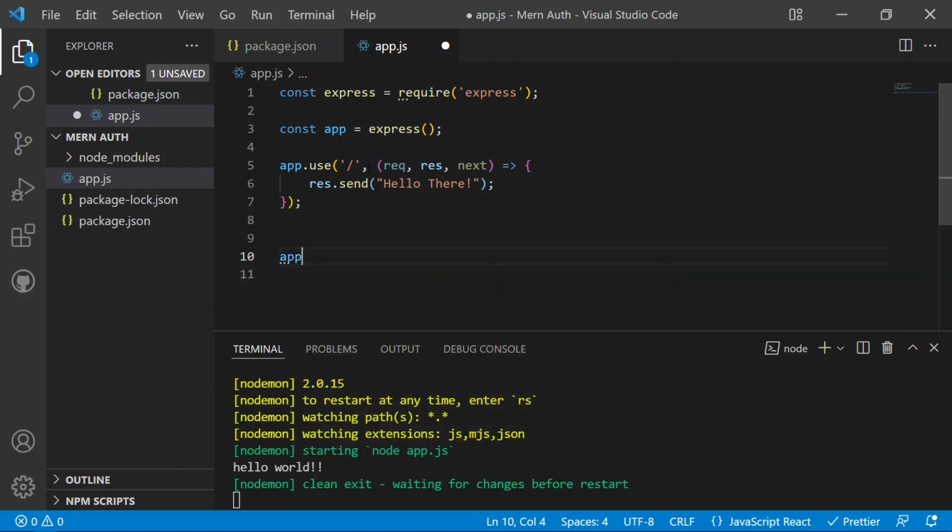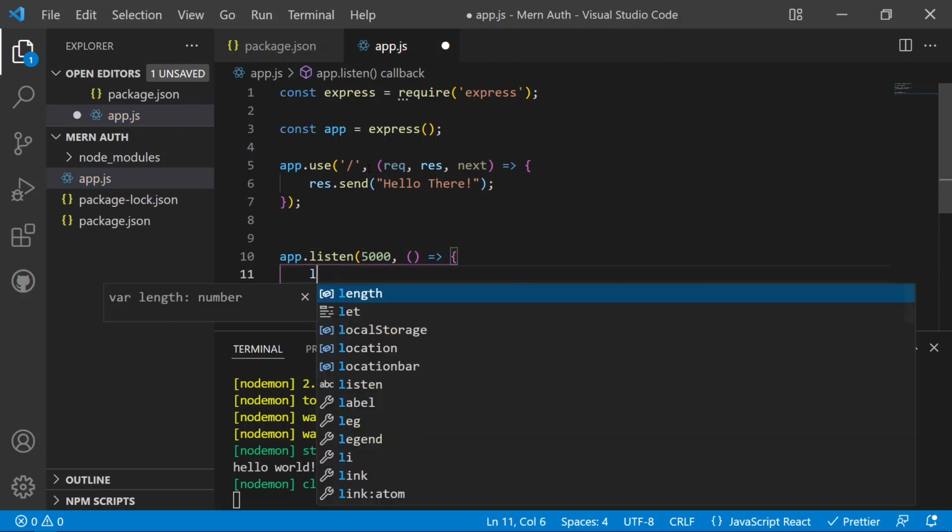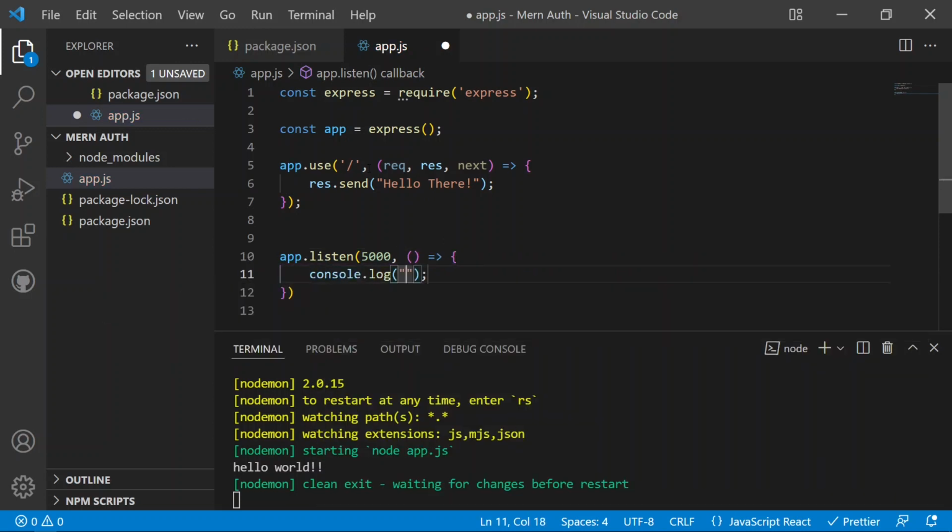So it will be the app.listen. So this server will then listen to the localhost port 5000. So we have to specify the port here. So we have the 5000 port, and then we can also add a callback function here. It will be an arrow function, and inside that we can just add the console.log, "listening to localhost